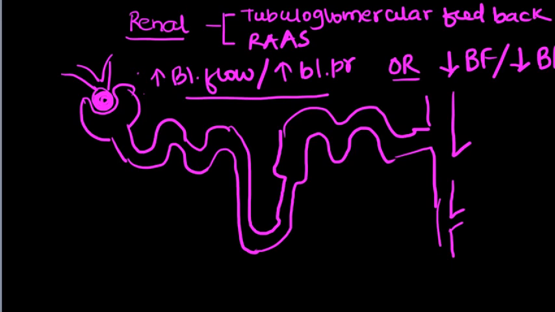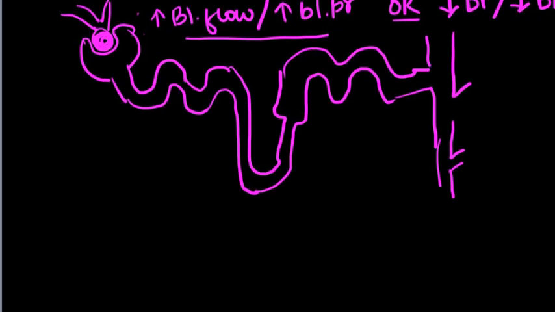So that's why these two systems try maintaining a balance between a low flow and a high flow, so that the pressure is not too high for the nephron to handle, nor too low that it leads to ischemia. So what is the tubuloglomerular feedback loop? Before going to that, you need to know another concept, which is the juxtaglomerular apparatus. Now, what is the juxtaglomerular apparatus?